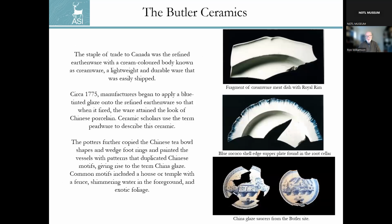So the ceramics were very typical of late 18th century. There was a fair amount of creamware with the royal rim pattern, same kind of creamware found at Upper Canada's first Parliament buildings in Toronto and Fort York. Any major institution or major colonial site at this period would have this kind of creamware. But we also started to find very early pearlware, and also some early Chinese pottery that is reflective of material at that time,